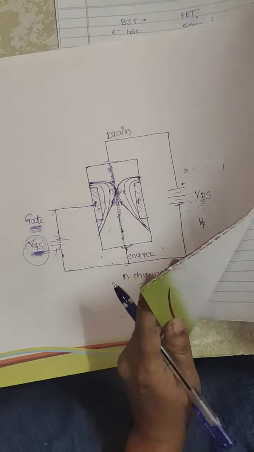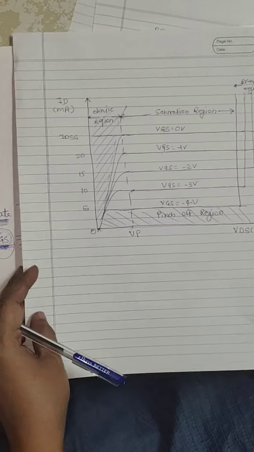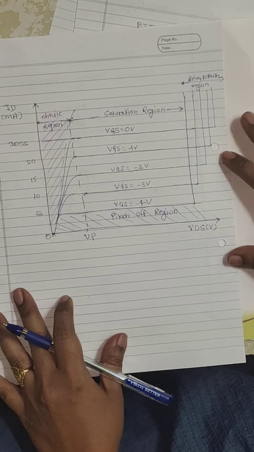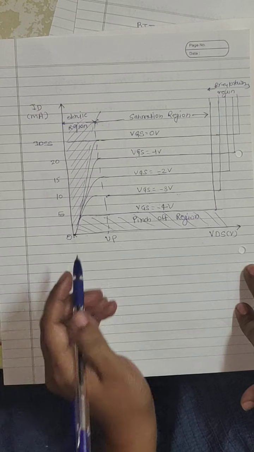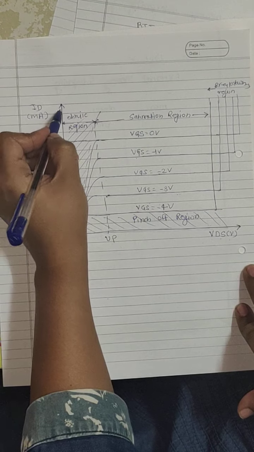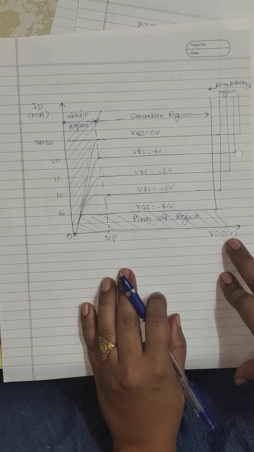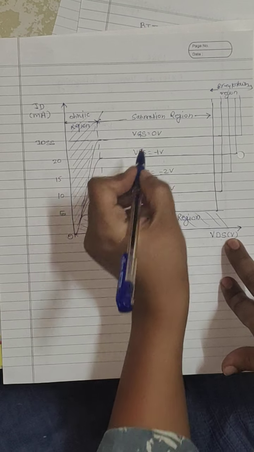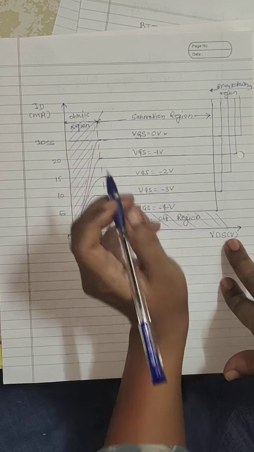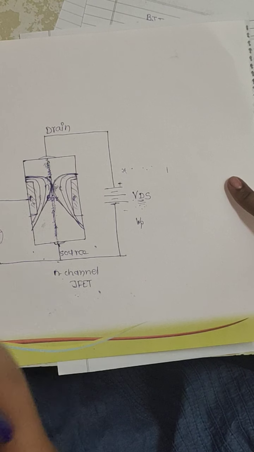Now we will discuss the characteristics of the FET. The characteristics are plotted between the output voltage VDS and the output current, the drain current ID. We can see the case where the VGS voltage is 0. If we make this VGS initially 0 volts, or leave it as an open terminal, then at that point